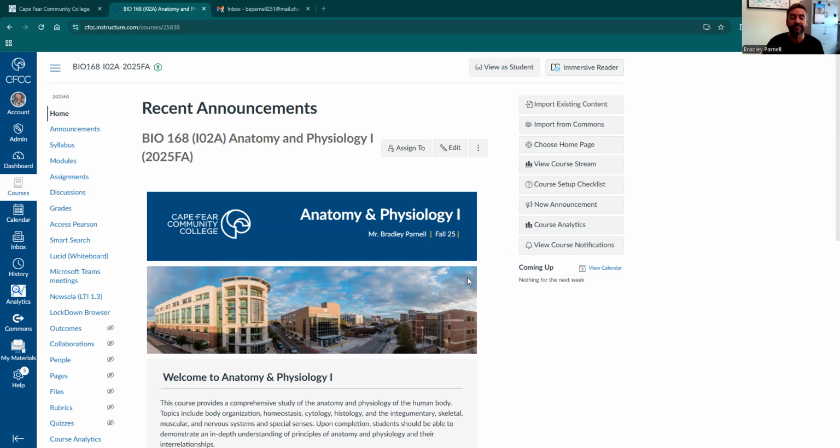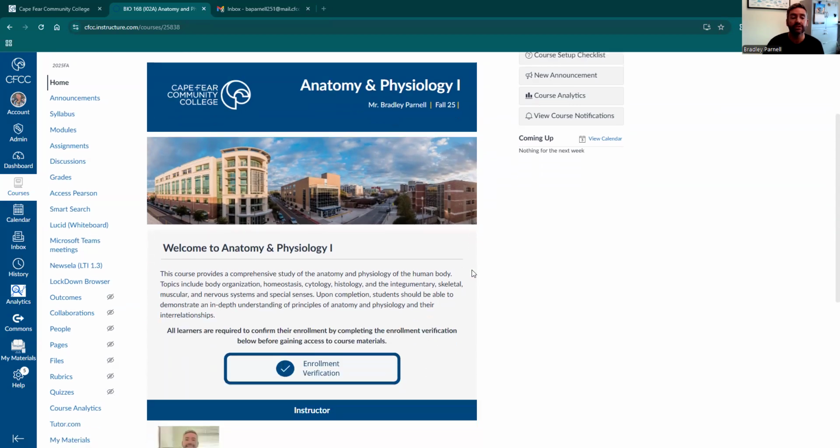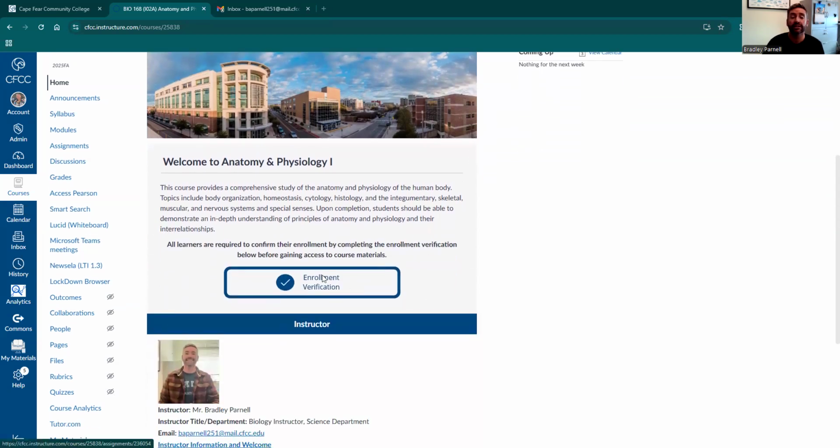this course. The very first thing that you need to do is scroll down and click on the enrollment verification. The enrollment verification assignment is how we establish your official enrollment in the course. This needs to be completed no later than 11:59 p.m. on August 21st, or unfortunately you will be dropped from the course. This is a CFCC policy, so you must go ahead and do this before you can be considered fully registered